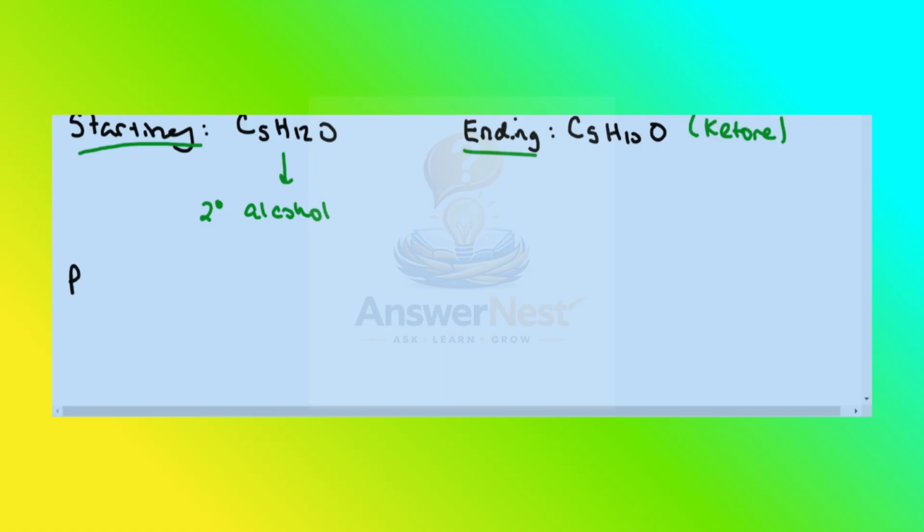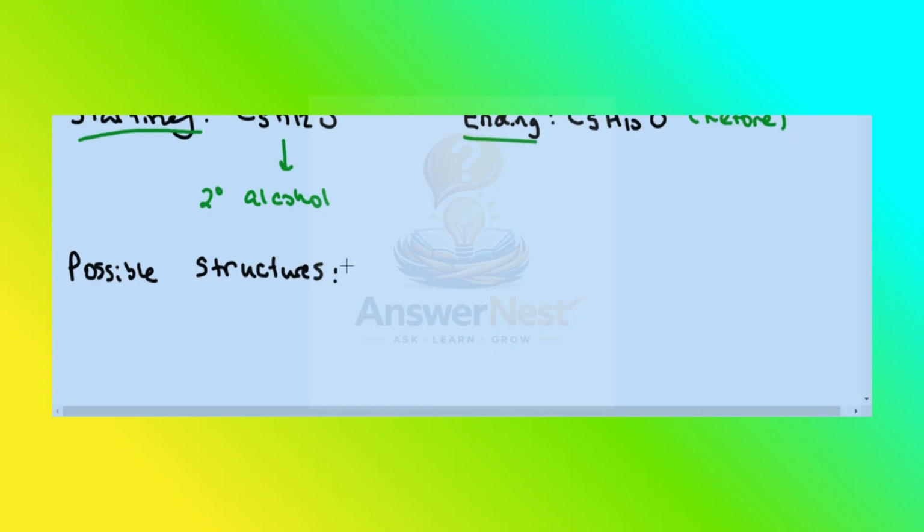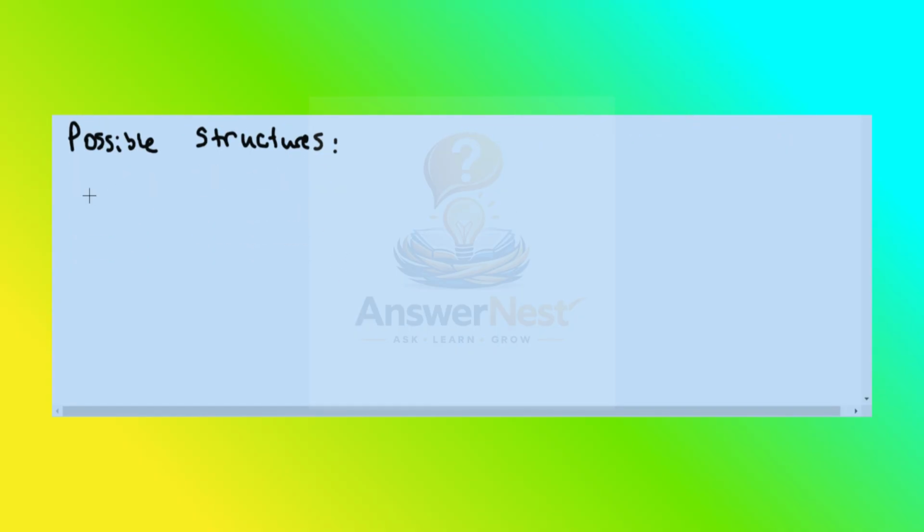So now that we know that, I'll draw out some possible structures for our starting material. I can have our pentane chain, so our 5-carbon chain, and our hydroxy group can be either in the middle here or on our pentane chain. It can also be